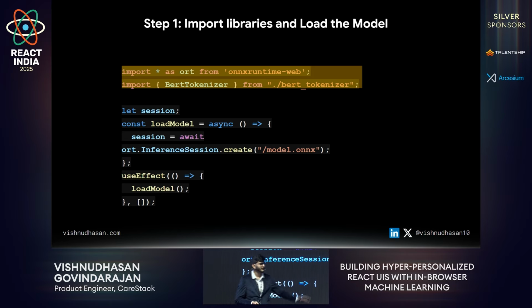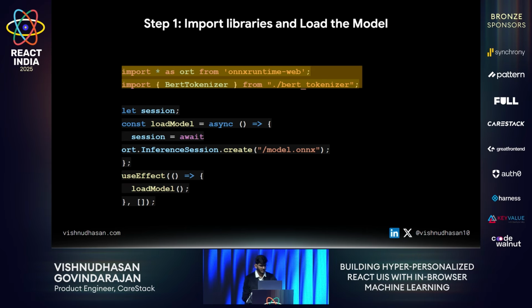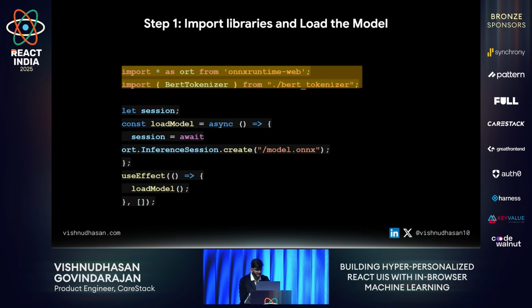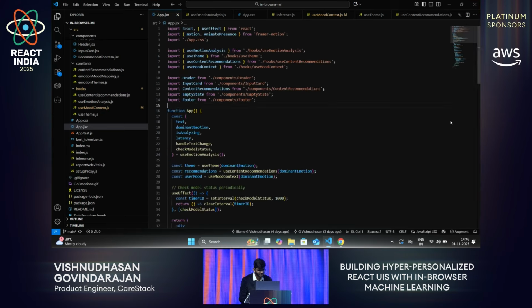Cool. This is how we do it. First, we start by importing some libraries. I think I can better show it with a demo. We're starting with importing some libraries and BERT tokenizer. What is BERT tokenizer? Well,